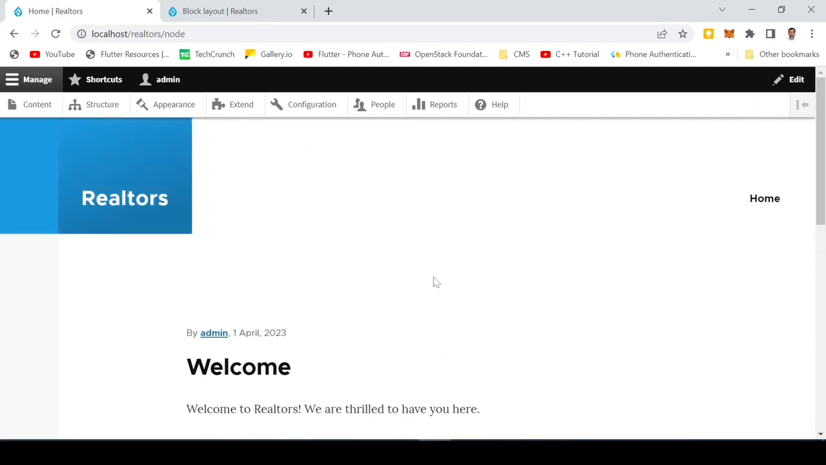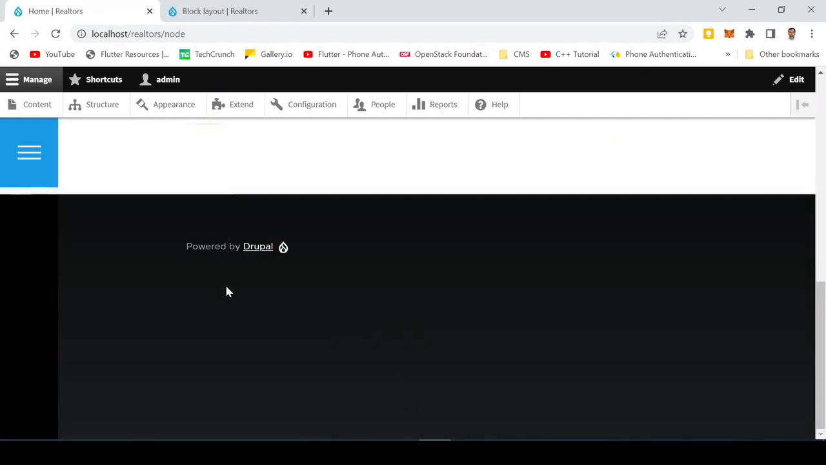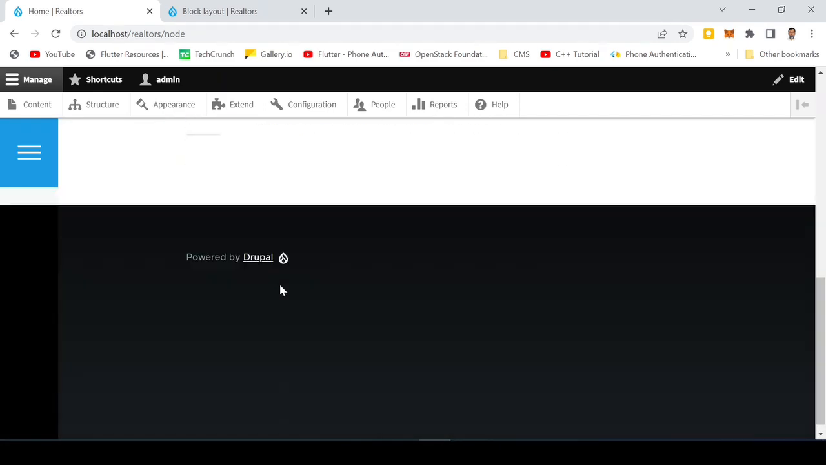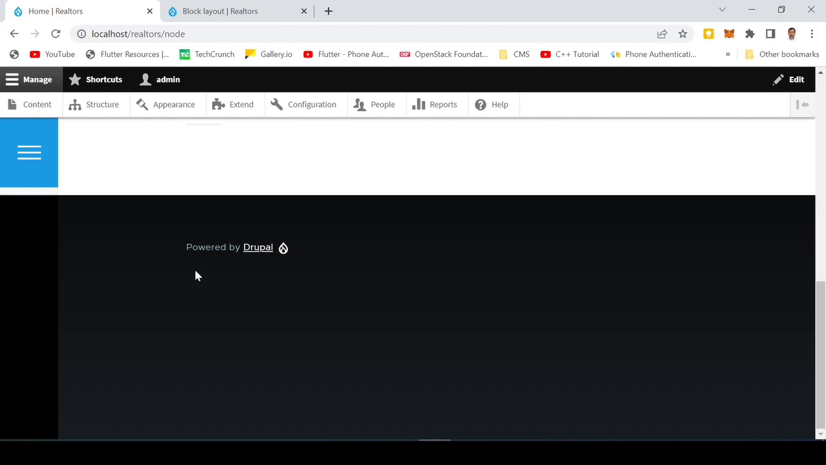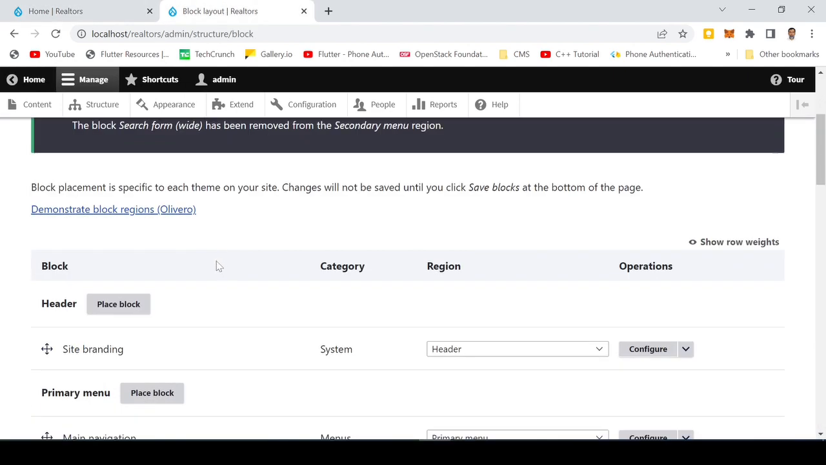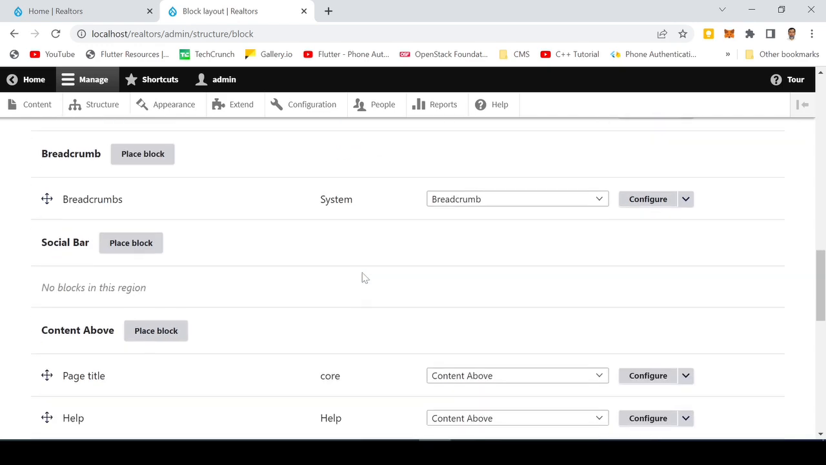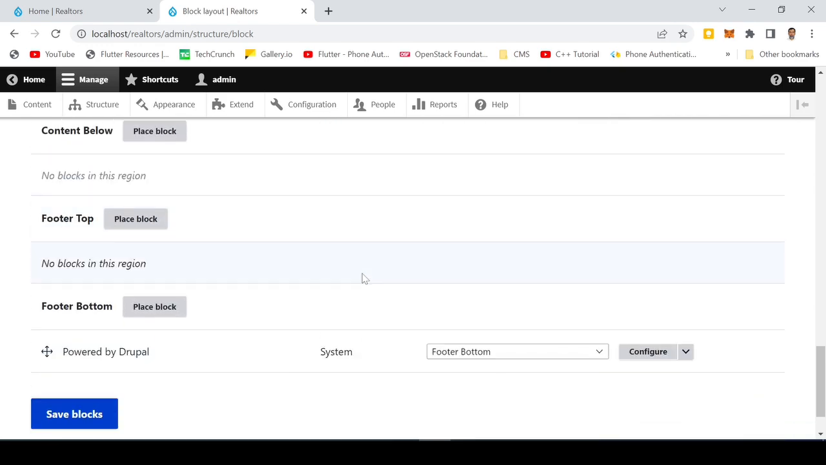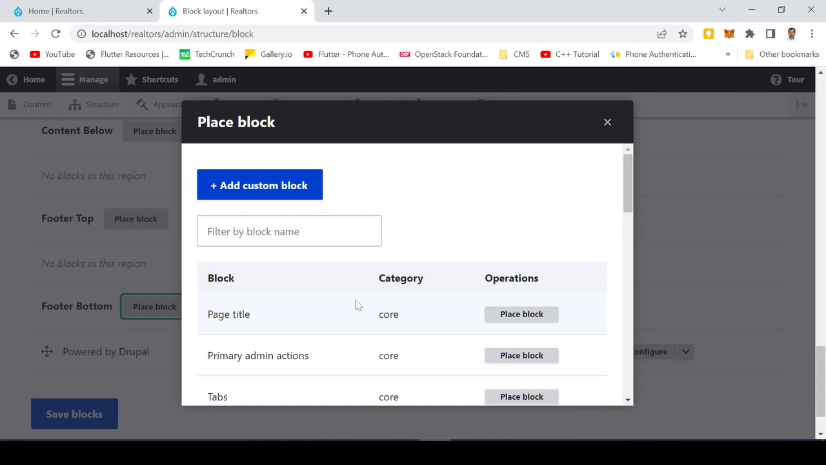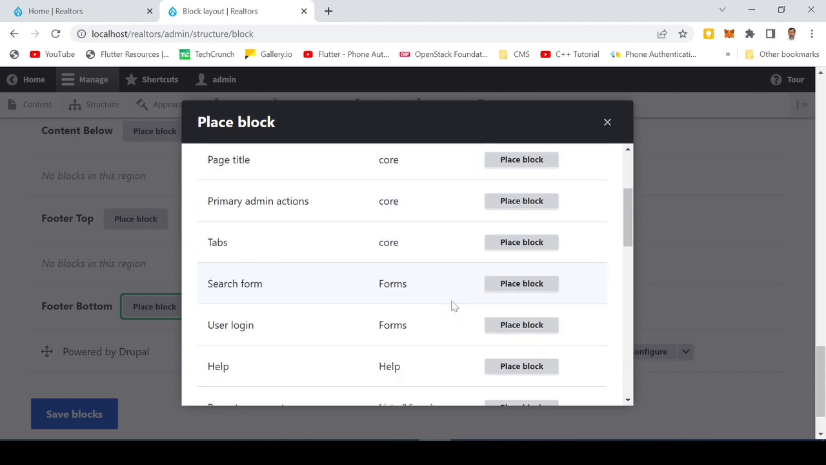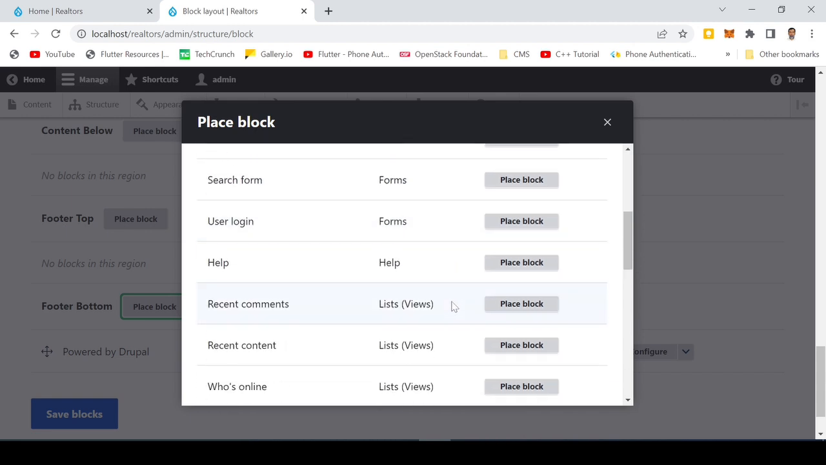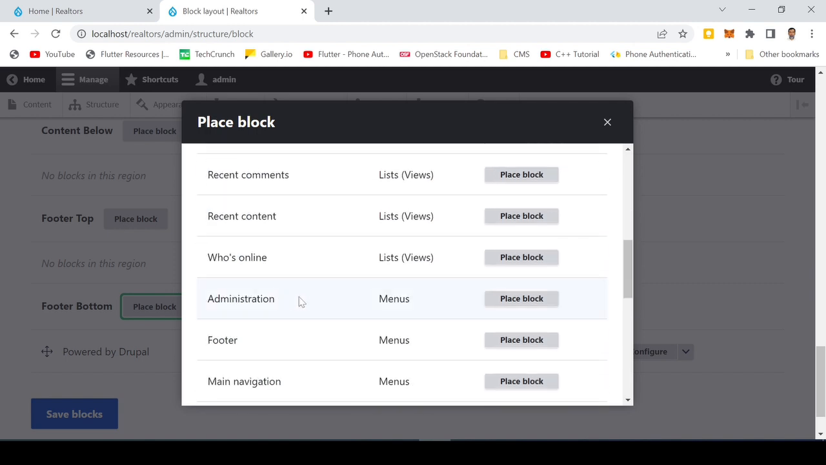You can also add blocks. For instance, you can add a block over here. Let me add a block in the footer, for example. So I will go to the footer, and I can place any block. For example, let me add, for example,